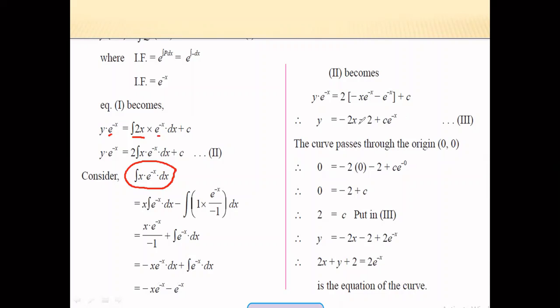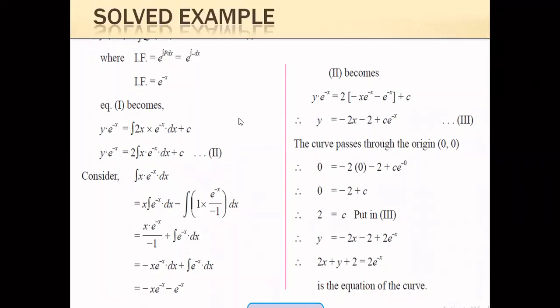But it is also given as a condition that this curve passes through the origin, which means x and y are 0. So put the value of y, and we get 0 equals minus 2 of 0 minus 2 plus c e raised to power 0. When you simplify the term, you get the value of c is 2. Put the value of c in the given equation. So finally we get the required equation of the curve, and this is 2x plus y plus 2 is equal to 2 e raised to power x. Okay, so these are the examples of